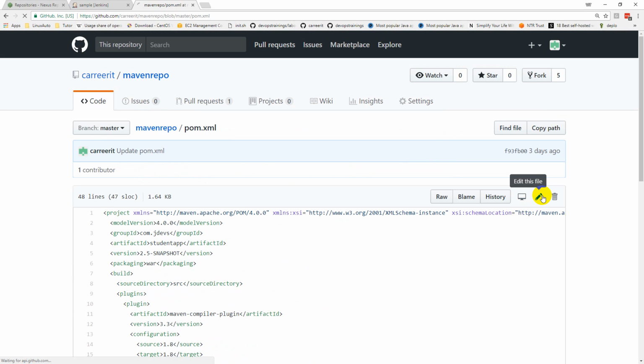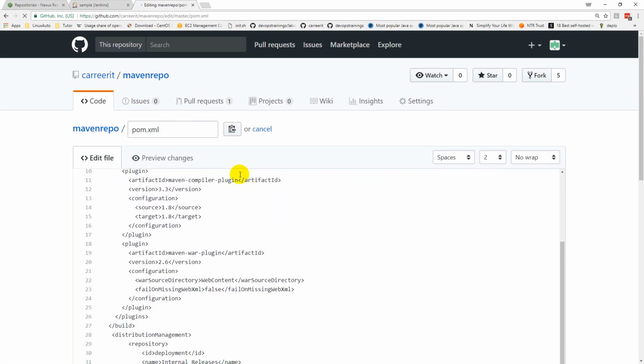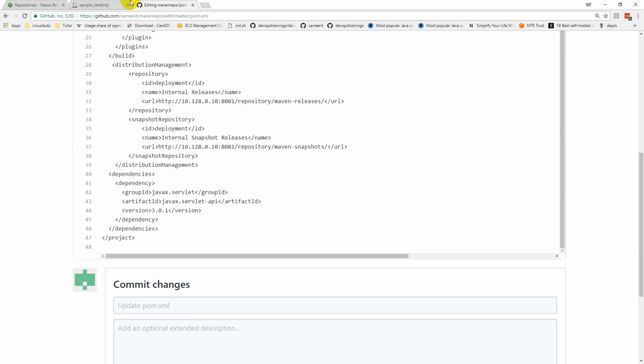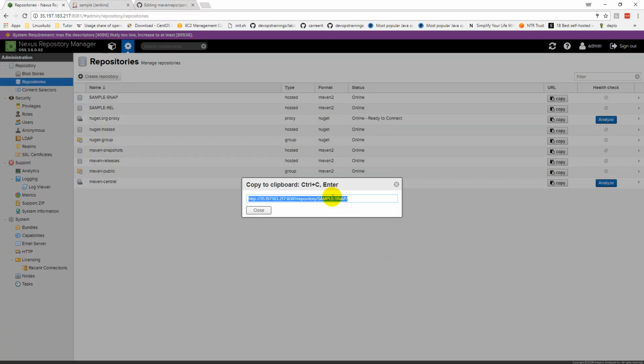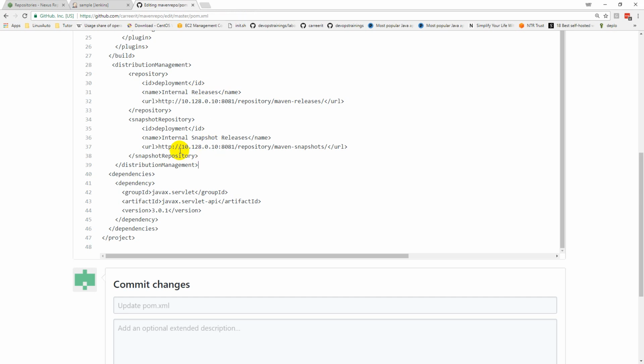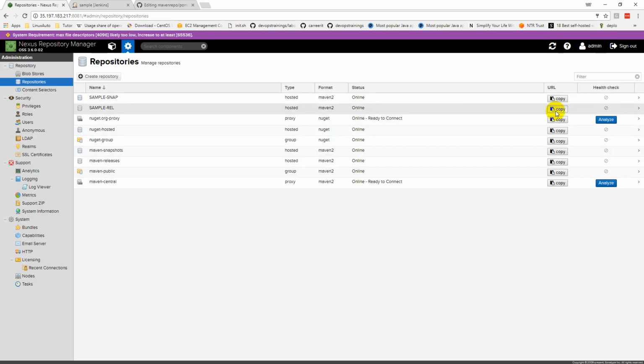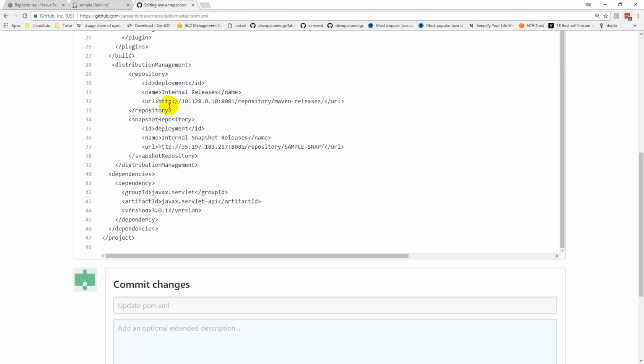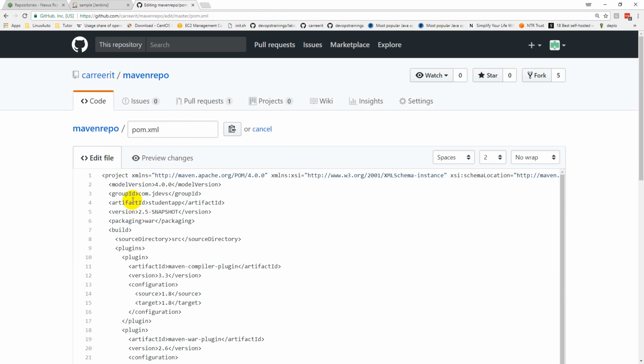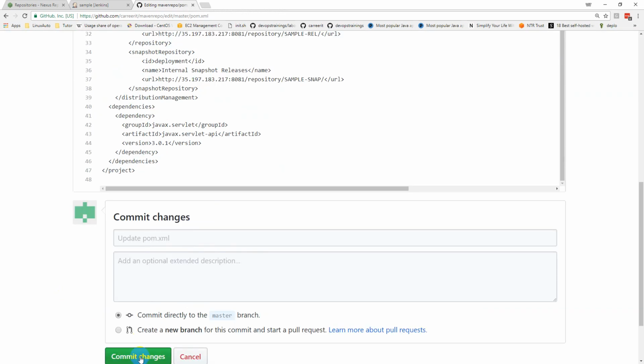I'm just going to edit this file, and I can update the URLs by getting the URL information from here directly. So this is for snapshots, and I'm going to use it for snapshots. And alternatively I have the releases URL, I'm going to put it for releases. Currently my code is a snapshot only, so it is going to upload only a snapshot. So just commit the changes, and now